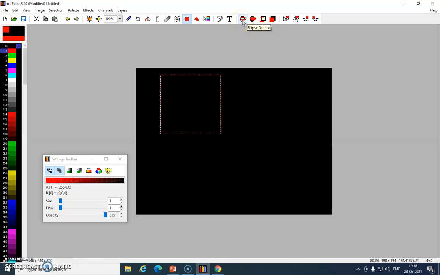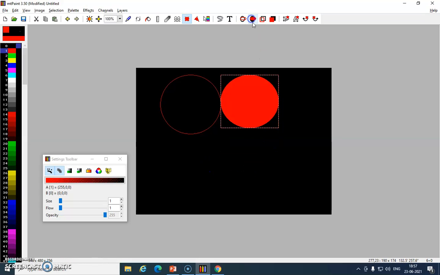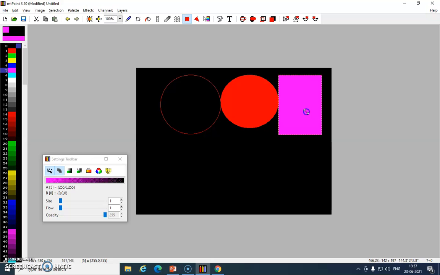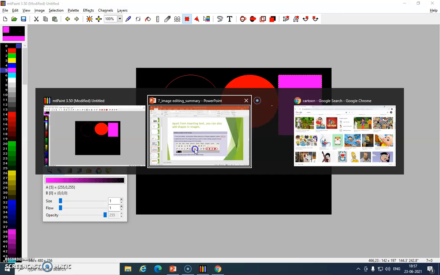You can see this is ellipse outline, fill ellipse, selection outline and fill selection. Okay, so if I select this, you can see now only ellipse outline is created. Then if I select second shape, now you can see it is fill ellipse. You can select any other color also, make selection and select any shape. Okay, so in this way you can add shape to your image.